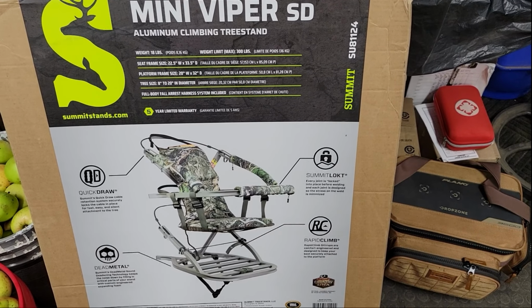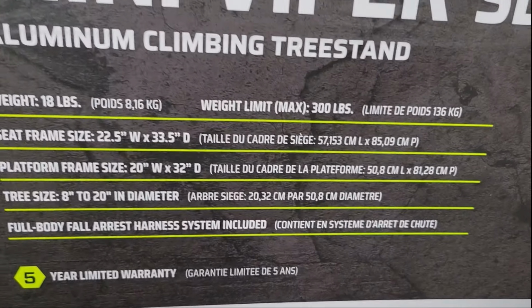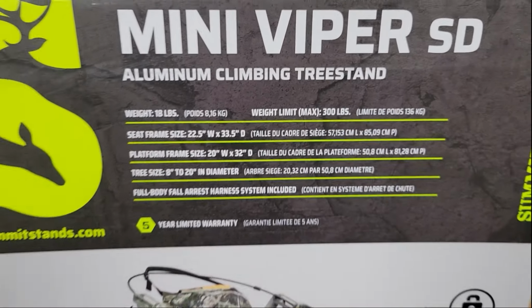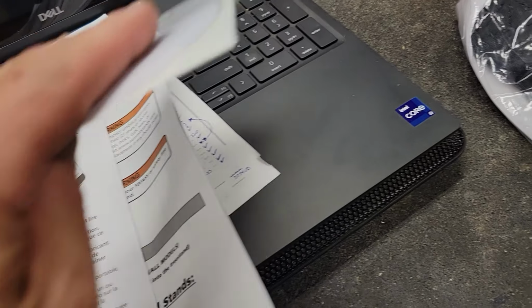Hey, coming at you from the farm, and we've got something kind of cool. We've got a Mini Viper SD aluminum climbing tree stand. I'm really not into these things much, but I had to find something small enough for the smaller framed women